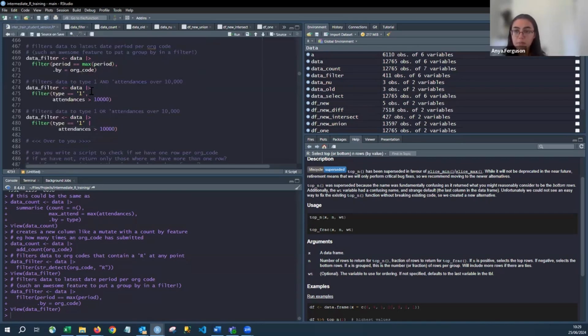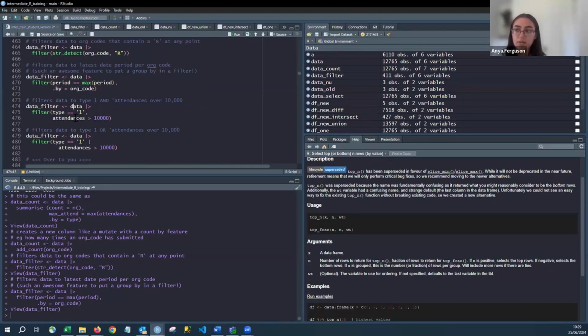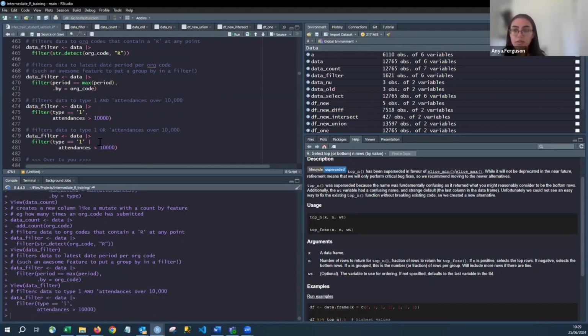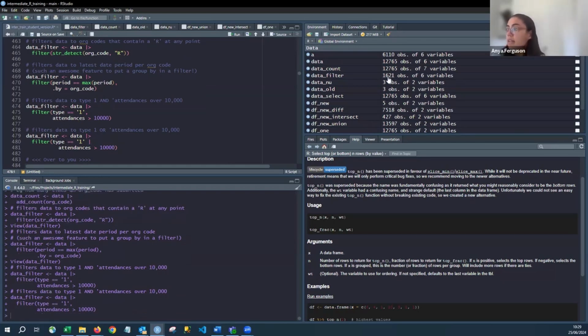Within the filter, you could put multiple conditions. So you can do filter for when the type is 1 and the attendances are greater than 10,000. Or you could do OR conditions. So OR is this pipe symbol, that's next to your Z on the keyboard. So this is filter where type is 1 or attendances of 10,000. So if we look at the and one first, this brings back 1,600